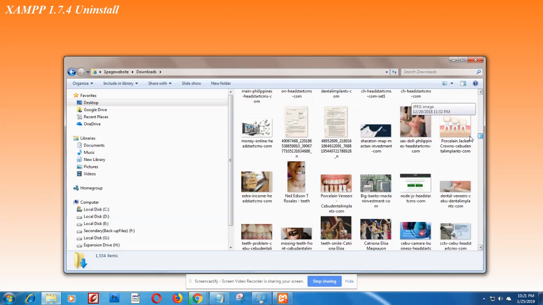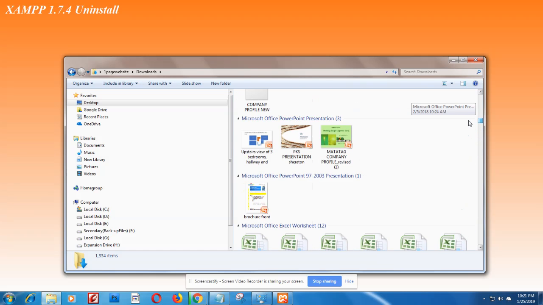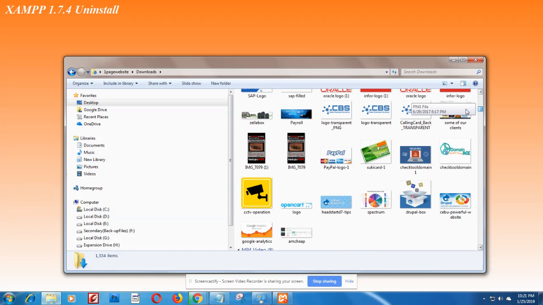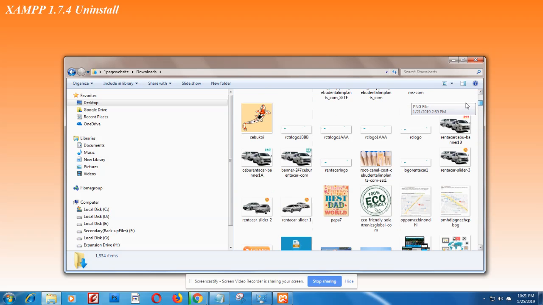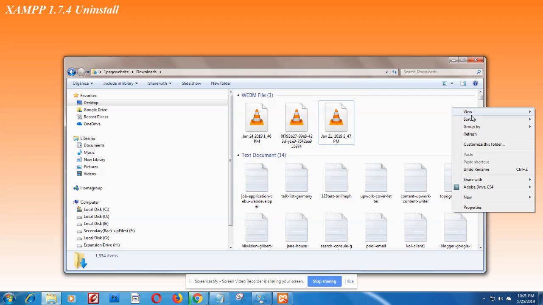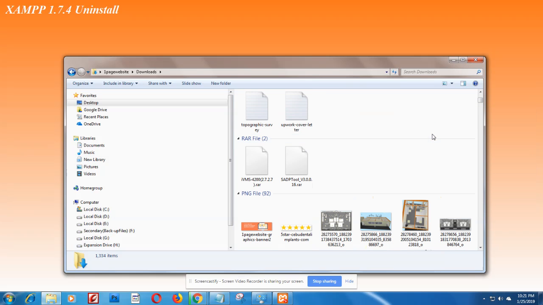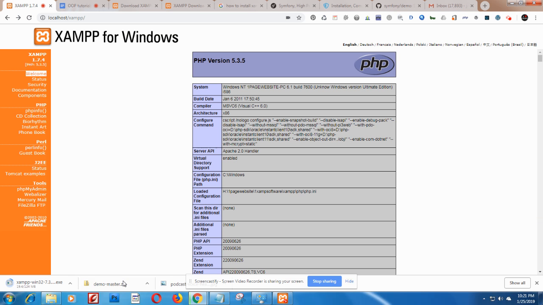The software folder name where I put one. All right. So it takes time to search in it. Sort by type. The name is, oh,